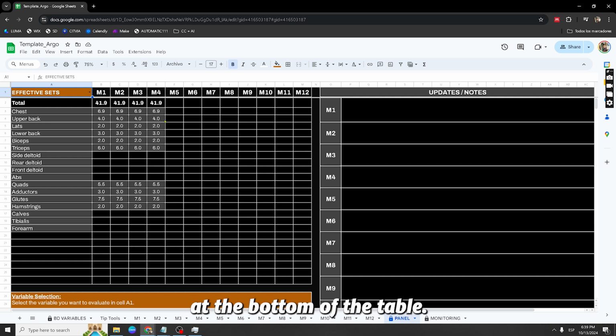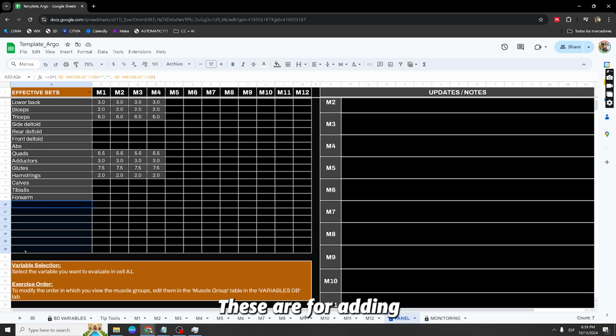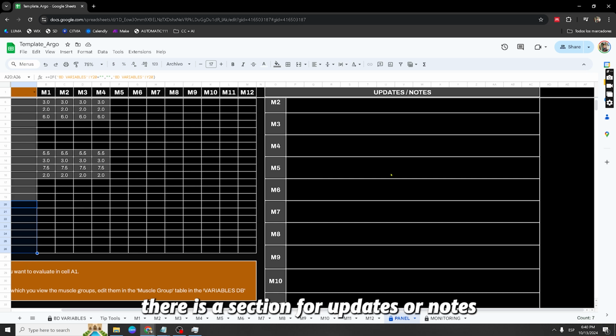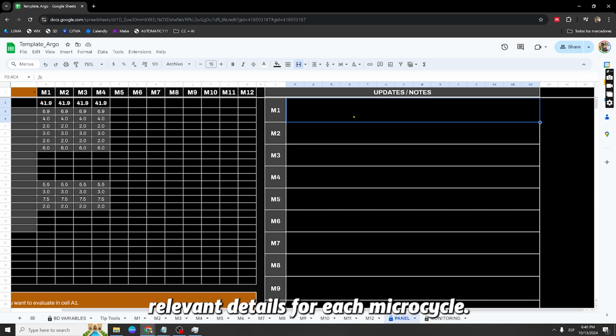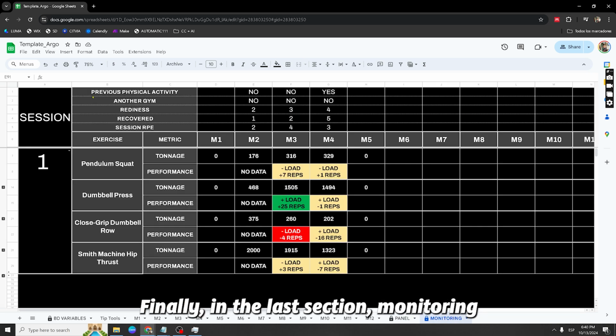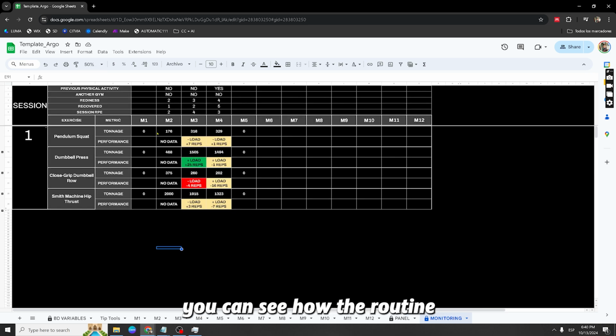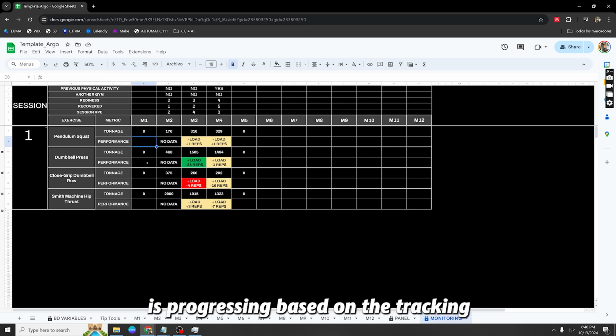At the bottom of the table, there are blank cells. These are for adding additional muscle groups that will automatically update in this section. On the right, there is a section for updates or notes, where you can add relevant details for each microcycle. Finally, in the last section, monitoring, you can see how the routine is progressing based on the tracking your clients